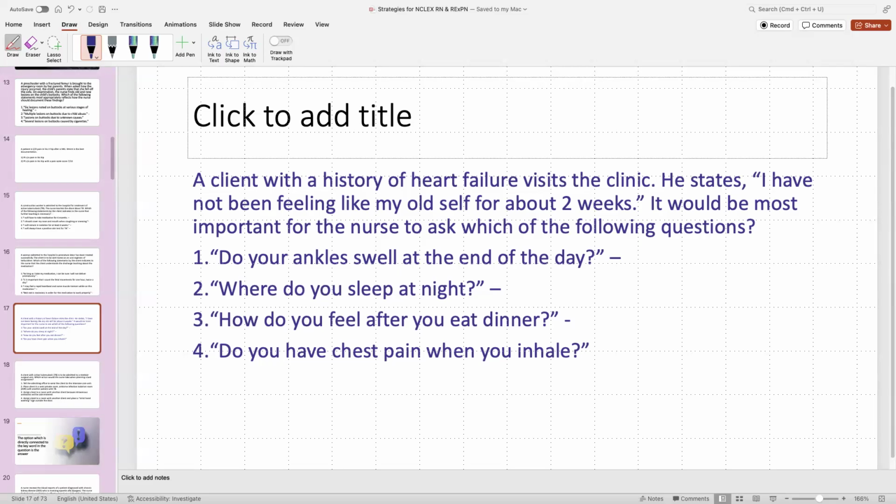Do your ankles swell at the end of the day? Second one is, where do you sleep at night? Third one, how do you feel after you eat dinner? Fourth one is, do you have chest pain when you inhale? Client history of the heart failure visit in the